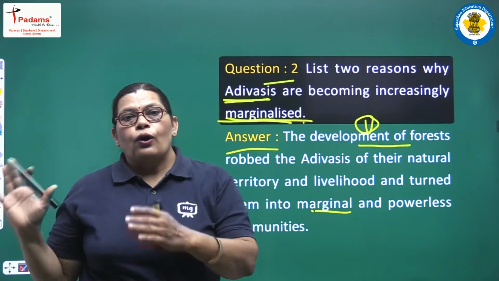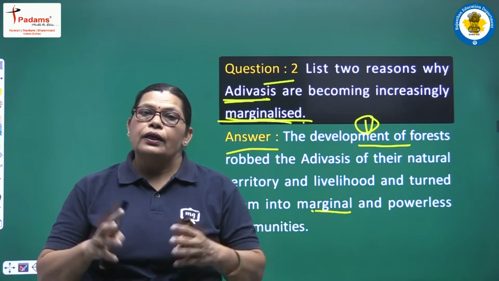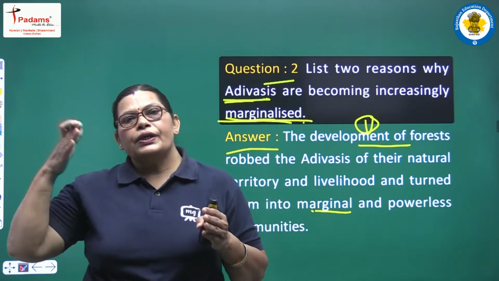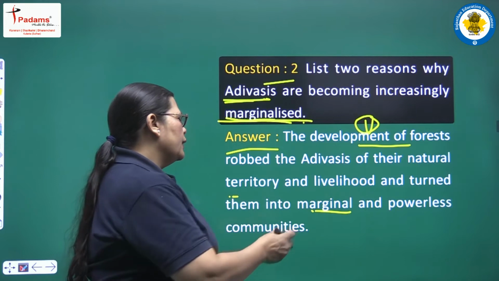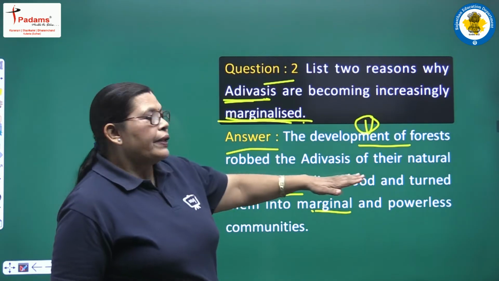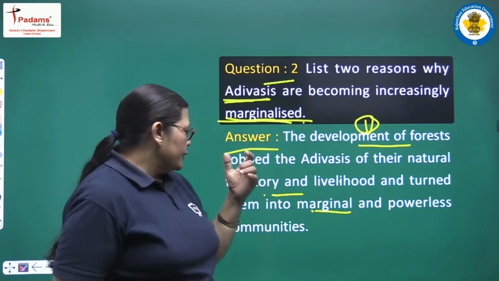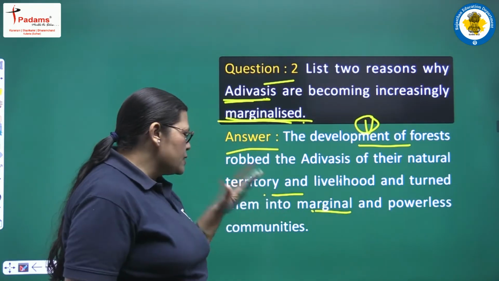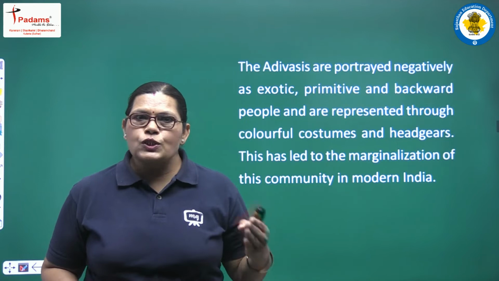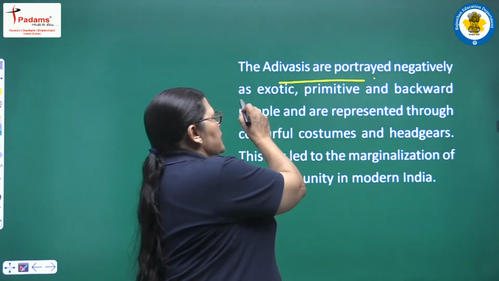They knew 10,000 types of species of plants very well, but when they were displaced from the forest, how will they recognize everything, how will they remember everything in their mind, because they were displaced from the forest and indulged in other works. That's the main important thing here: the Adivasis lost their natural territory and their livelihood. That's why we call them marginal and powerless communities, because of the first reason. And when we consider the next point here, see, the Adivasis are portrayed negatively as exotic,